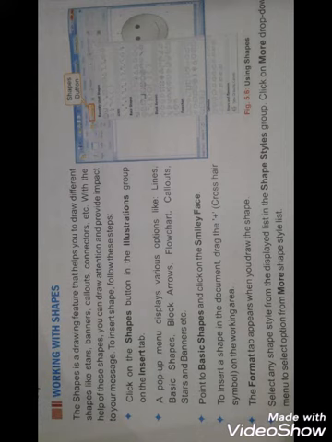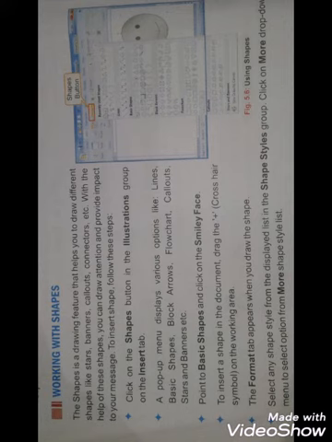First of all, we have to click on the Shapes button in the Illustrations group on the Insert tab. Whenever you click here, a pop-up menu will appear displaying the different types of shapes like lines, basic shapes, block arrows, flowchart, callouts, stars, etc. From the pop-up menu we can select any suitable shape which you want to insert in your document